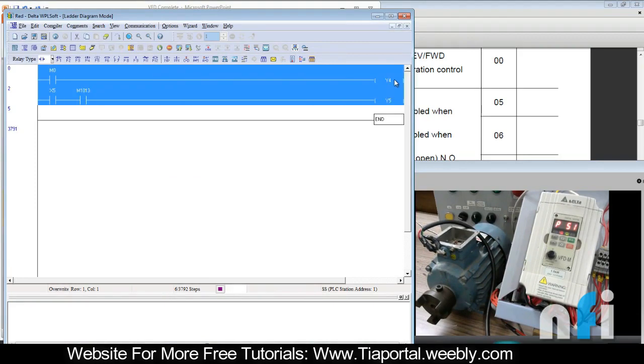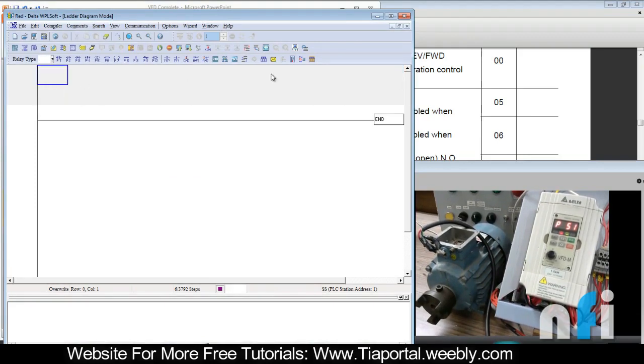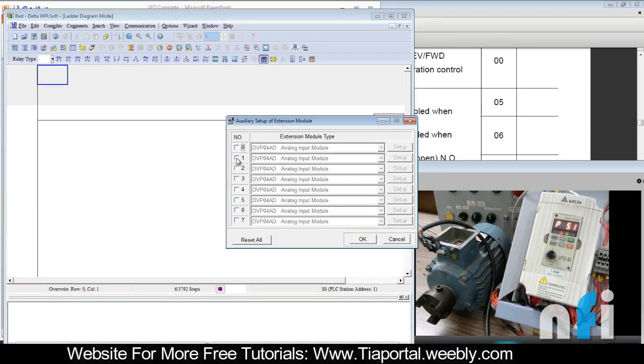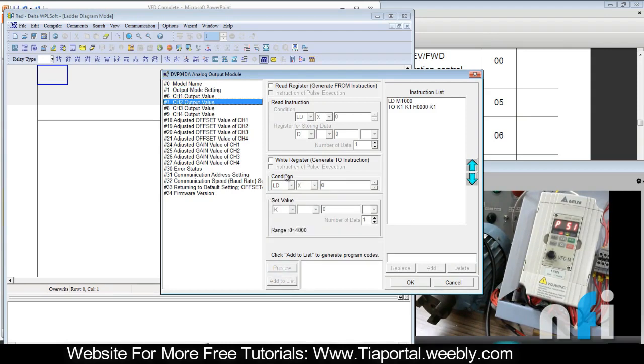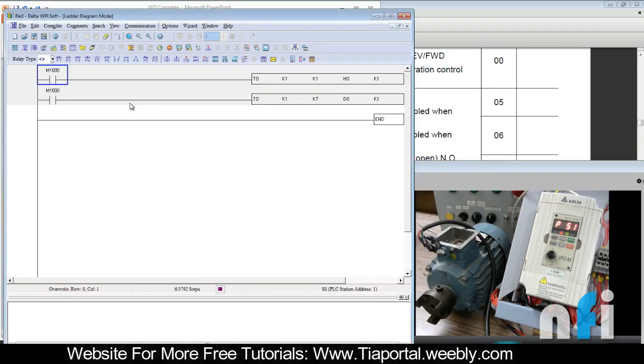Alright, so I'll make this logic very quickly. So I'm using D2A card, which is my second and the second port. Setup, output mode settings, right resistor, 1000, add to rest, and this is my channel 2 output, right resistor, M1000, set value, I'll take a data resistor here, that should be D0, add to rest, okay, and okay again. So if I go to online,